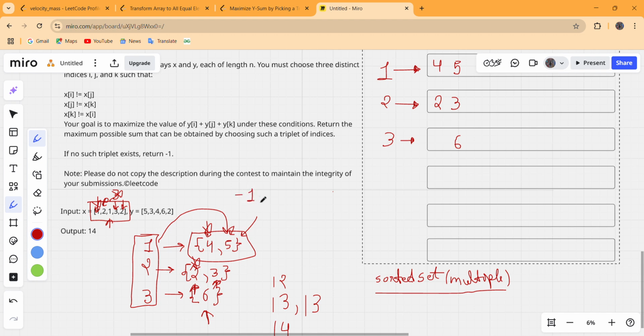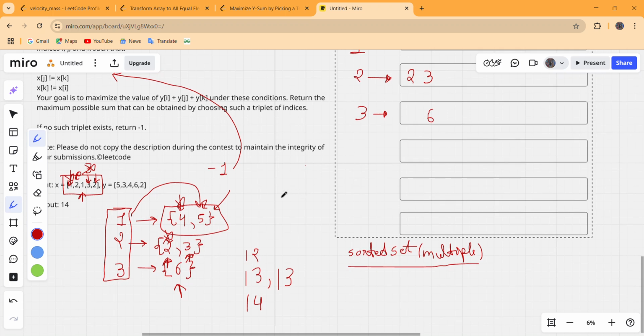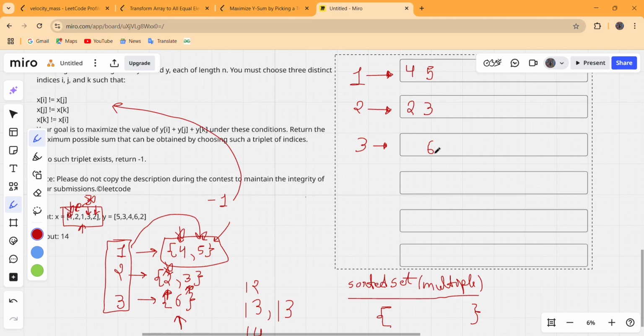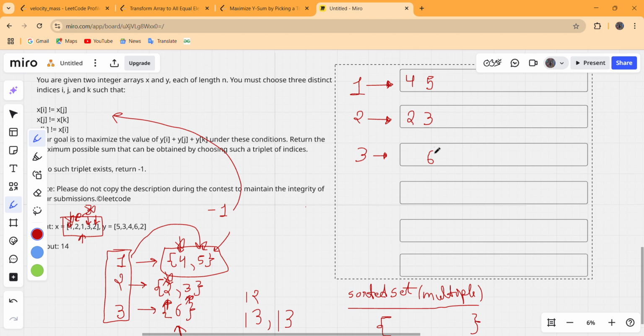And if it has keys greater than or equal to 3, then what could be the intuition after that? Now first let us initialize an empty vector, and try to put all the maximum values for each key inside that vector.